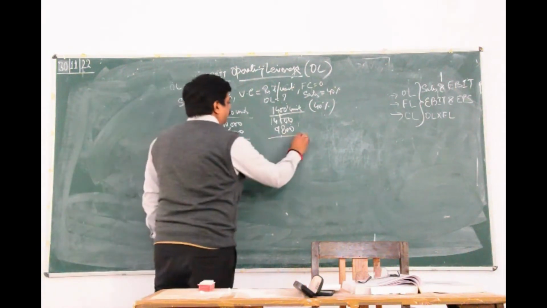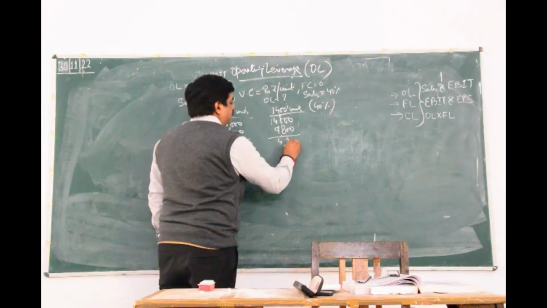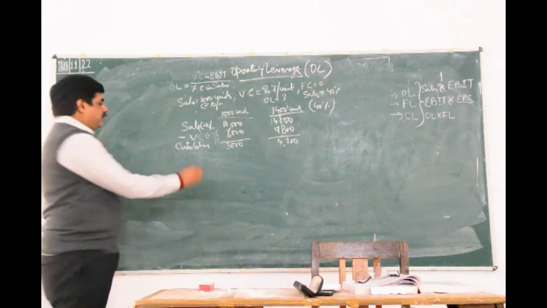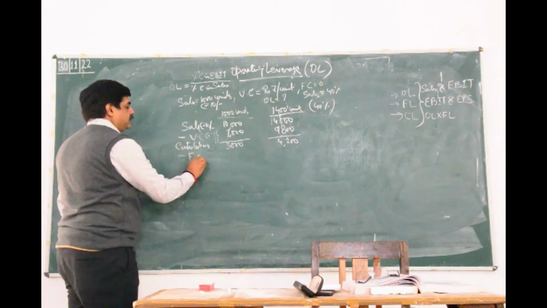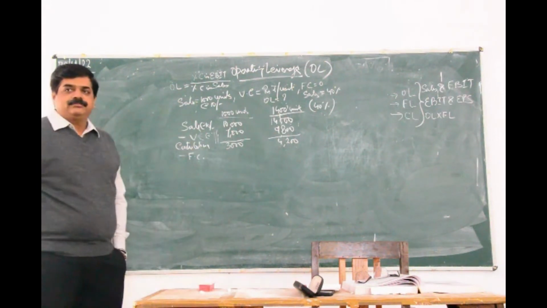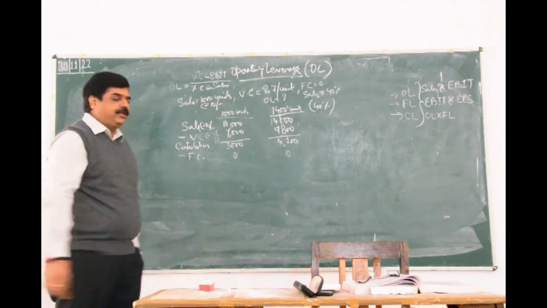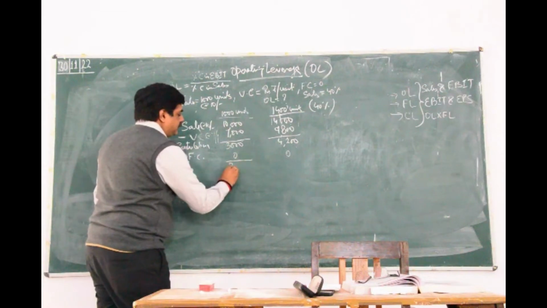And here it will be 4,200 as contribution. We deduct fixed cost. There is no fixed cost. Fixed cost is 0. That means 3,000